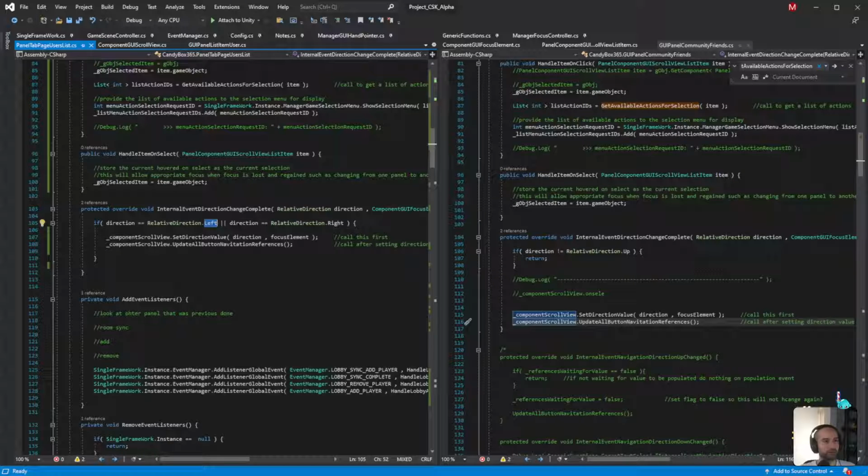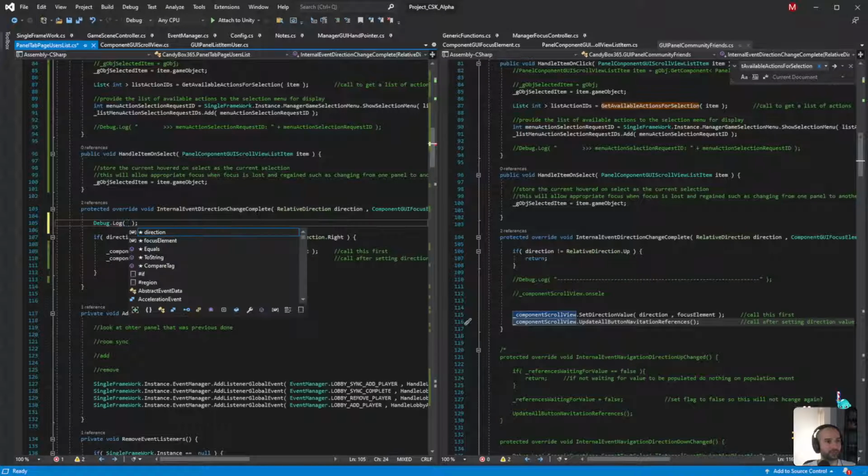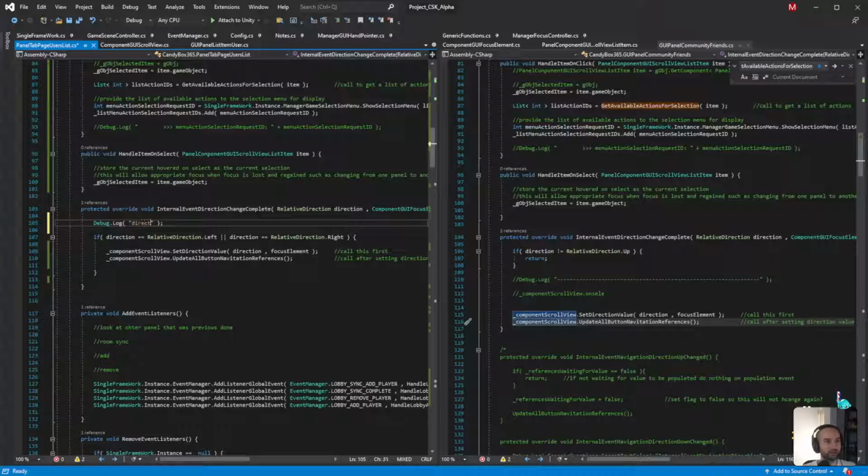So on direction equals left, we got that. And then on direction equals right, it should still be calling that. So let's see, is it even called? So we'll say debug.log, and I'll output direction, and then focus element.